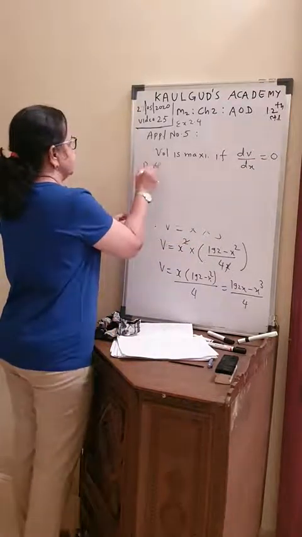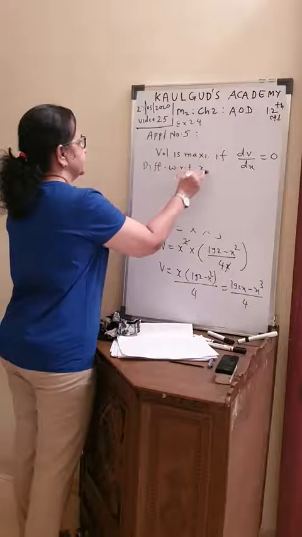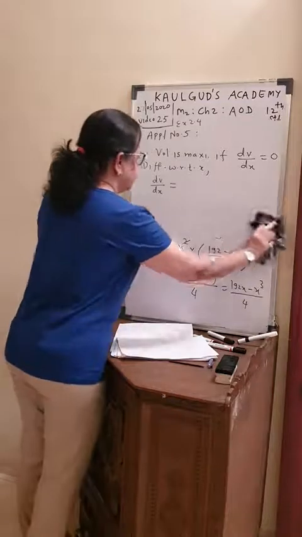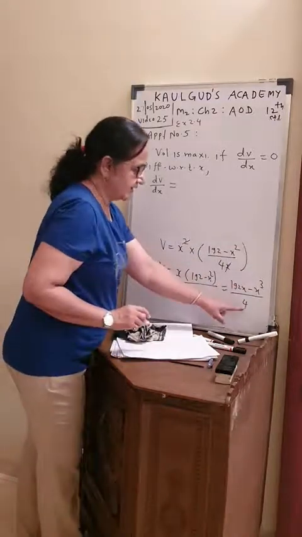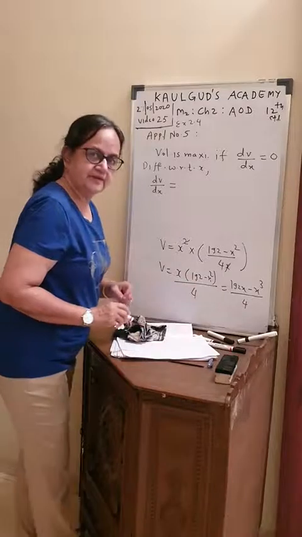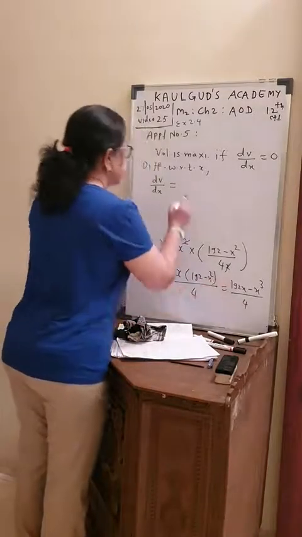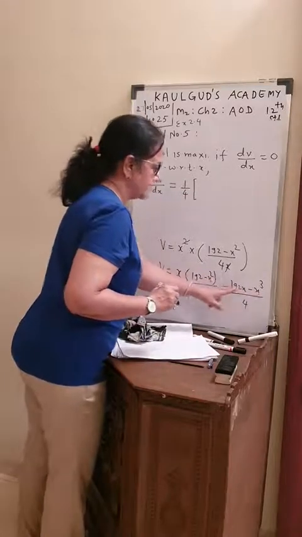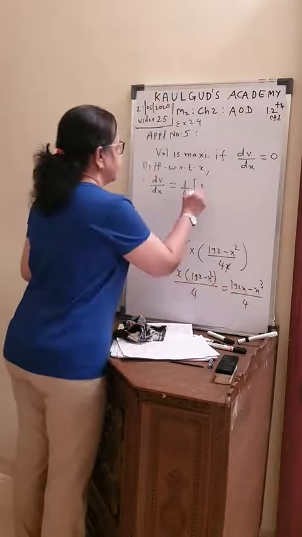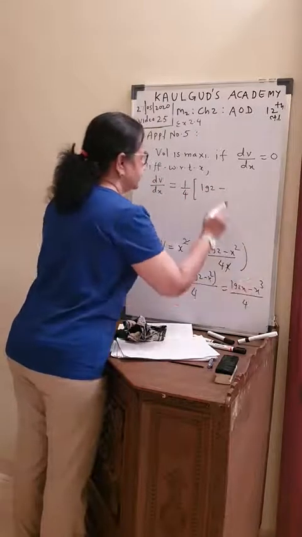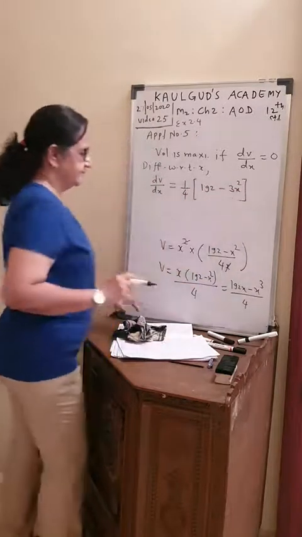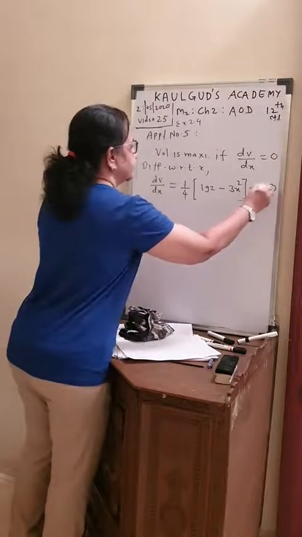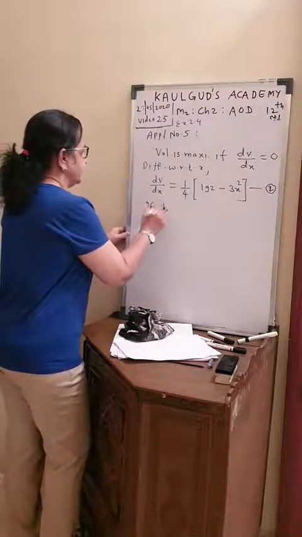So now differentiating with respect to x, what is dV by dx? Observe, dV by dx will be. Actually it looks like division, but I will not apply the quotient rule. 1 upon 4 is a constant. Keep it as it is. Numerator is a subtraction. Easy. 192 into 1. That is 192 minus, for x cube, it is 3x square. Call this step as number 2. And now if dV by dx equal to 0,